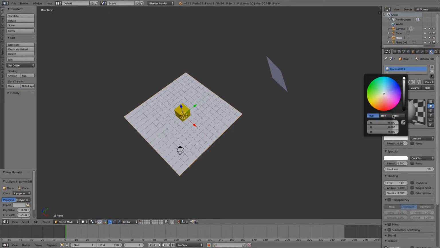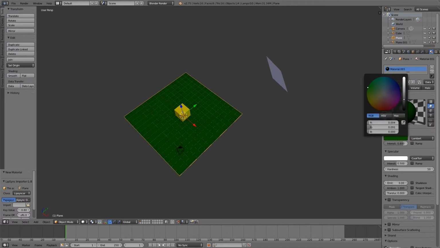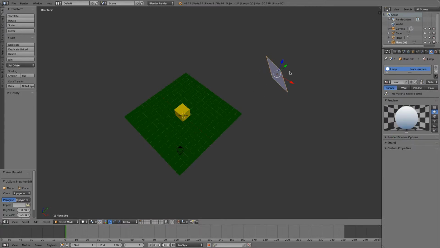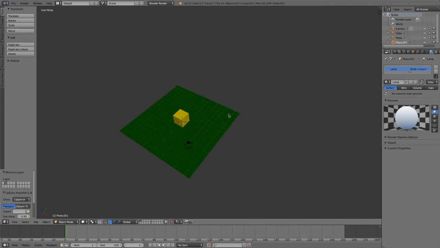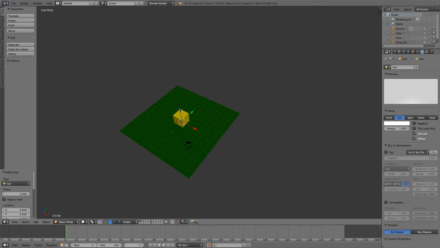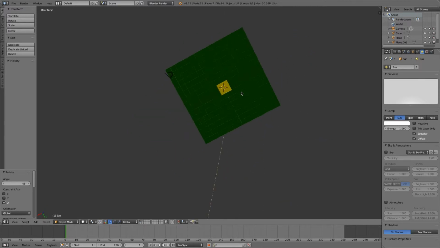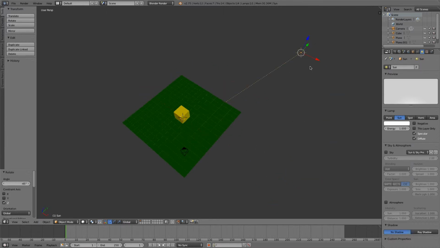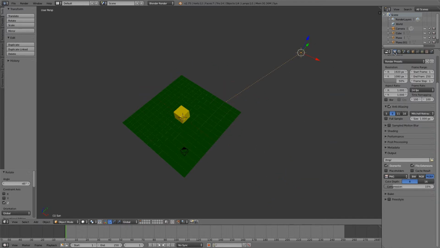Close that, do that. We'll make this green. This should be able to be ignored. But I'm just gonna press M and then 2, and then I'll move it to layer 2, and then I'll add a lamp back in, or actually I'll add a sun, and that we'll be able to compare the results. So I'm gonna do rotate X, and then -45, rotate Z, -45, and we should get about a 45-degree angle. And if we render that,